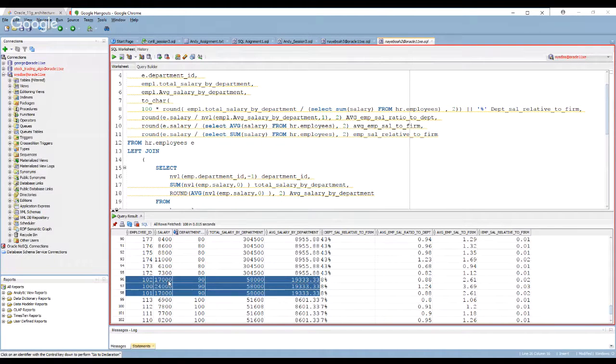But if I'm interested in figuring out what employee ID 102 makes relative to their department, then it will be something like this number divided by 17,000. I'll take the reciprocal of it, and that should give us the ratio we want. Where is my reciprocal function? 1 over x. Where's 1 over x? In scientific mode, am I not? All right, 1 divided by.